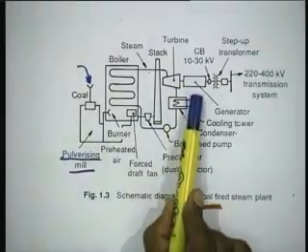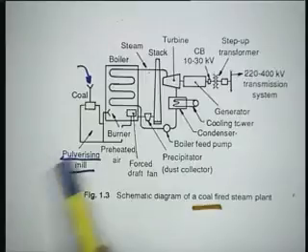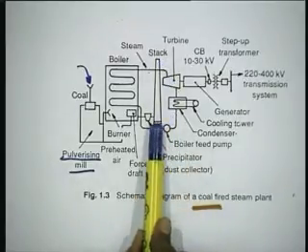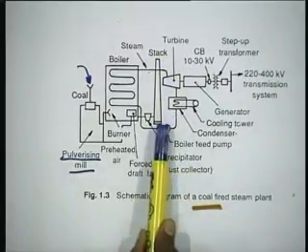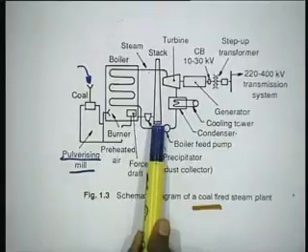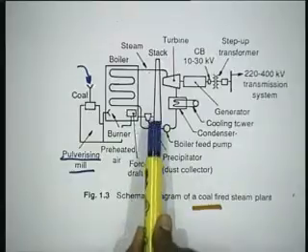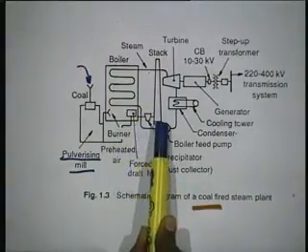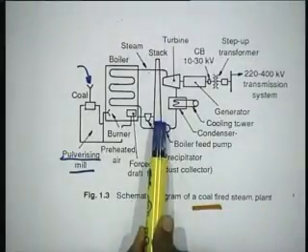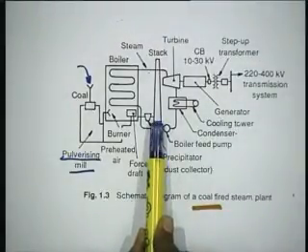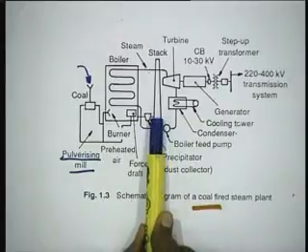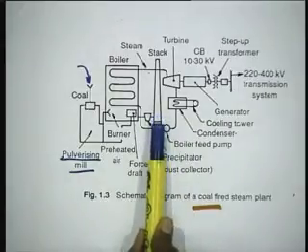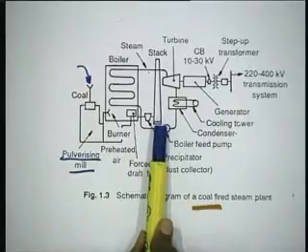This is a generator here. Now, what is this stack in between? This stack is a particular device which facilitates the gaseous pollutants to go out and disperse in the environment, in the atmosphere. I am sure all of you can immediately appreciate, the higher the height of this stack or chimney as you call it,